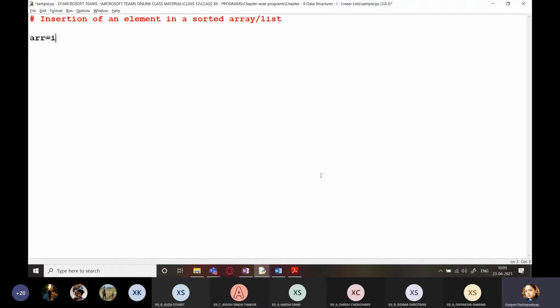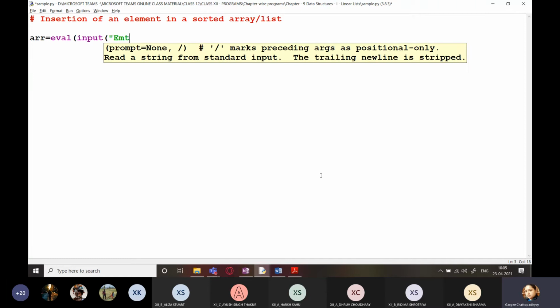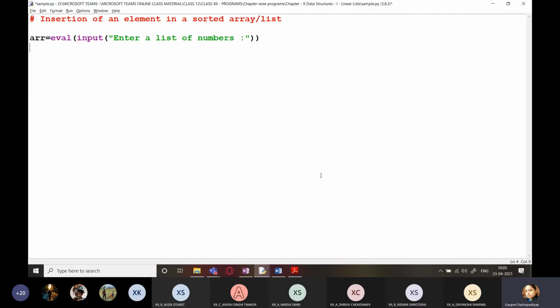So we write ARR equals eval, enter a list of numbers, typo mistake. Okay. So we have ARR. Now instead of wasting my time, what I can do is I can simply create a list consisting of random elements.